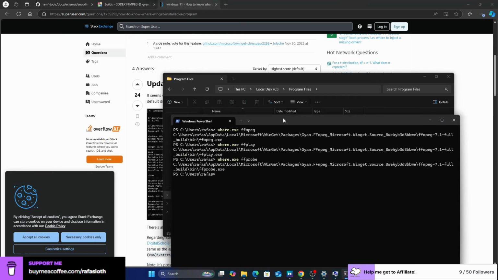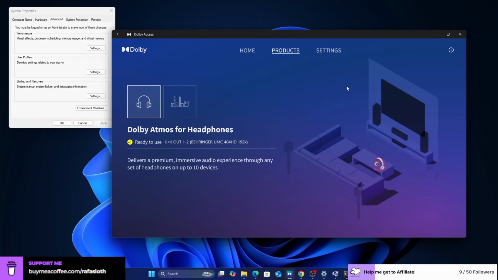Okay, so I don't really have a 5.1 surround system. This is just my computer. What I do have is an audio interface, but it's stereo, so just two channels.